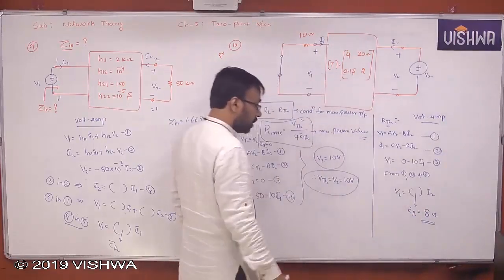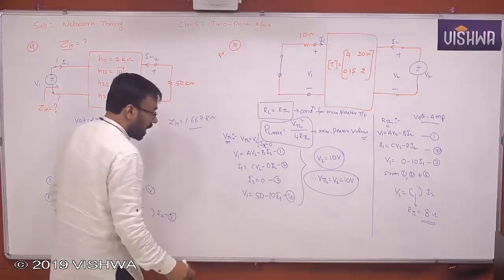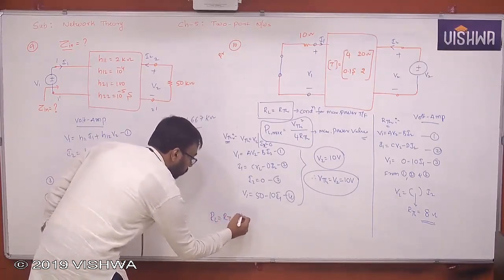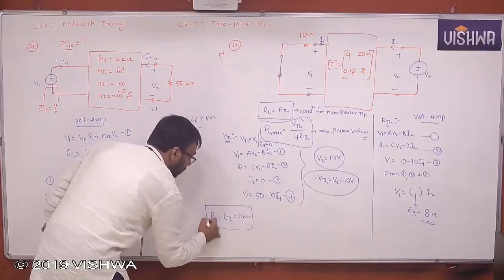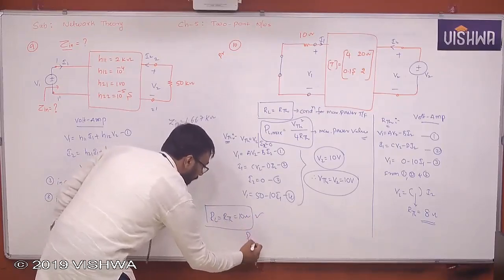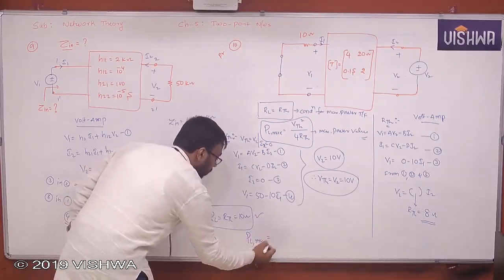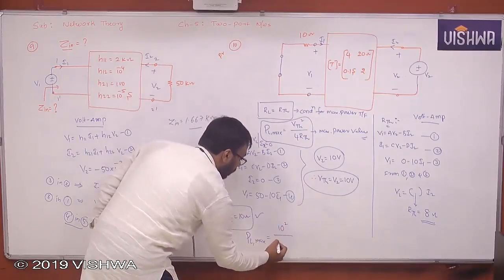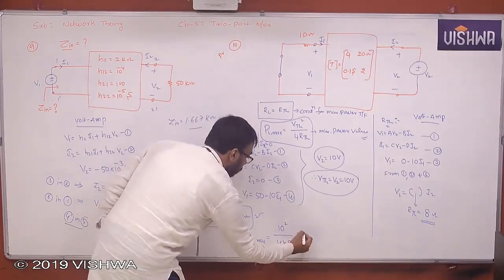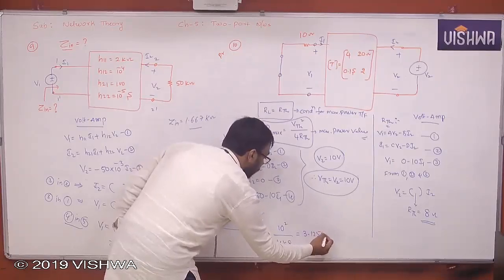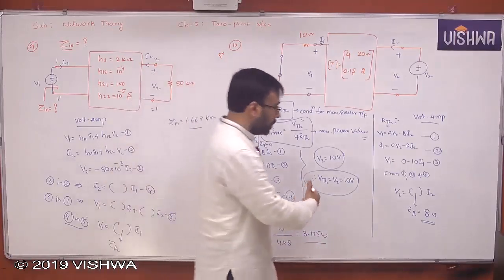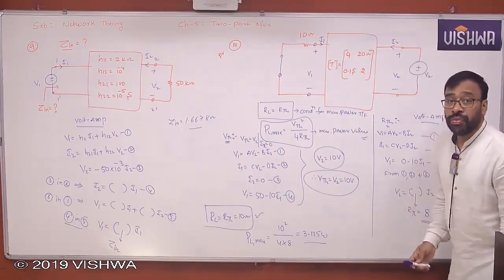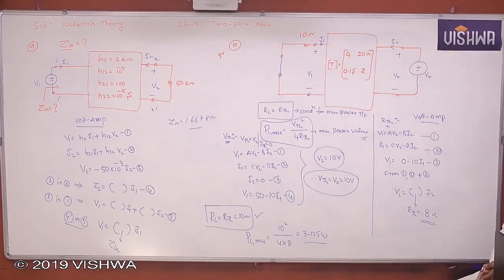That's it. So now condition for maximum power transfer: RL is equal to RTH is equal to 8 ohm is one answer. The other is PL max is equal to VTH square by 4 times RTH, how much it is? 10 square by 4 times RTH, 3.125 watt. Please note down. Okay, so this is how you solve the problems when